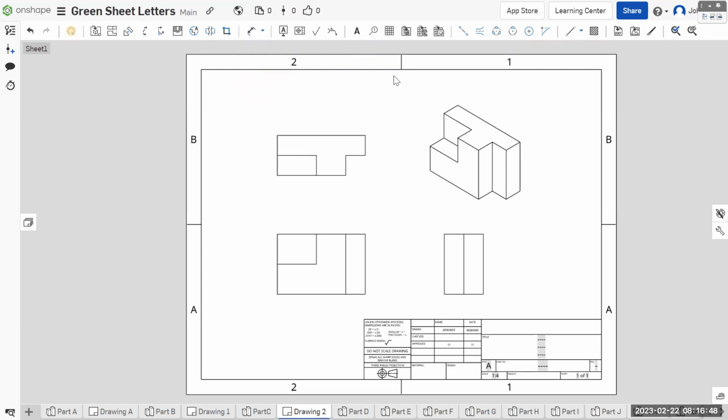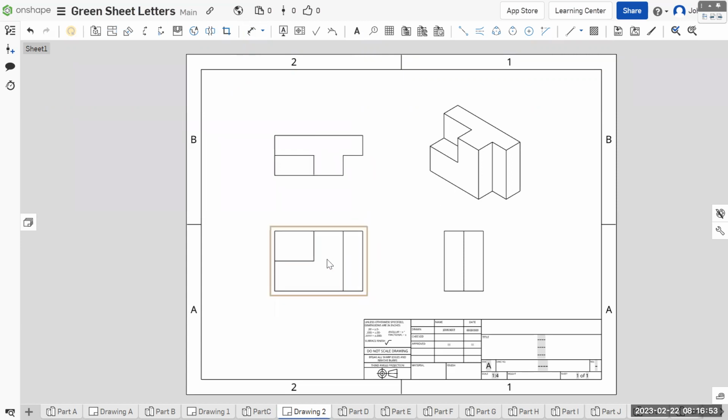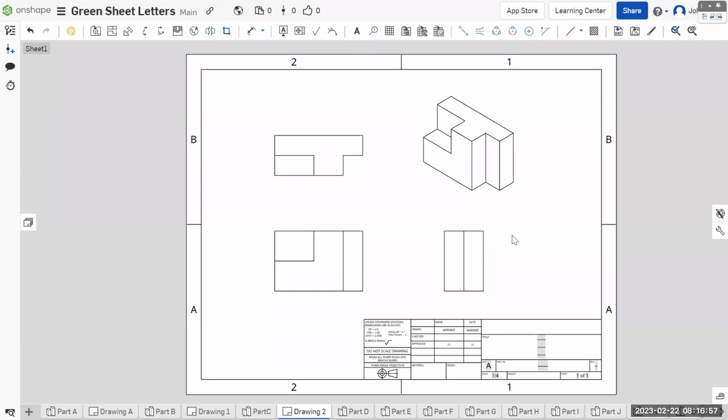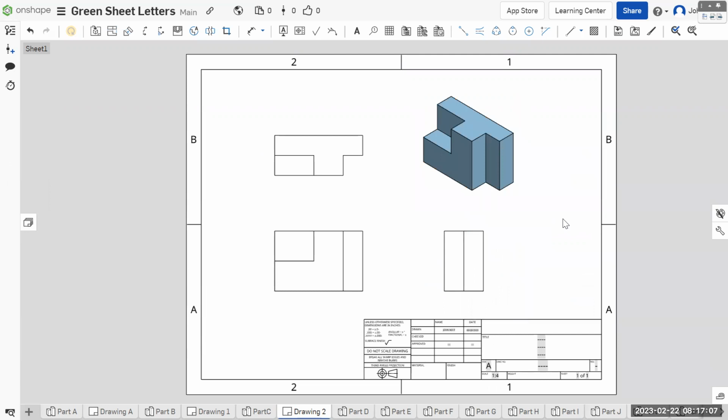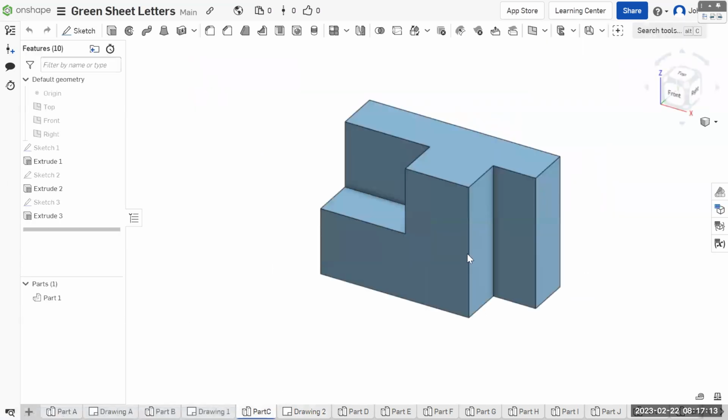Okay, so this is going to be our base format for everything we do. Front view down here, top view, right view, and top right view. First thing we can do is right click on this, our isometric view, and go to show hide and show shaded view. Okay, that's where you can see it's full color. Whatever color it is in here will